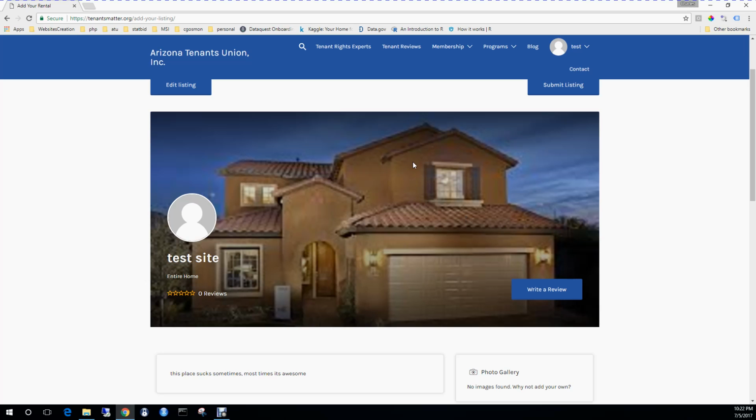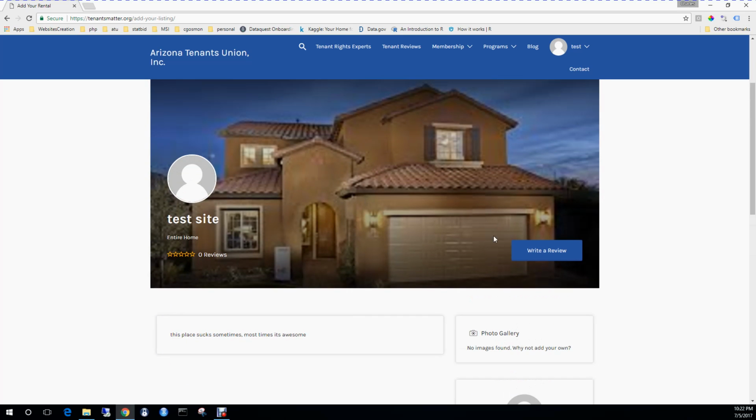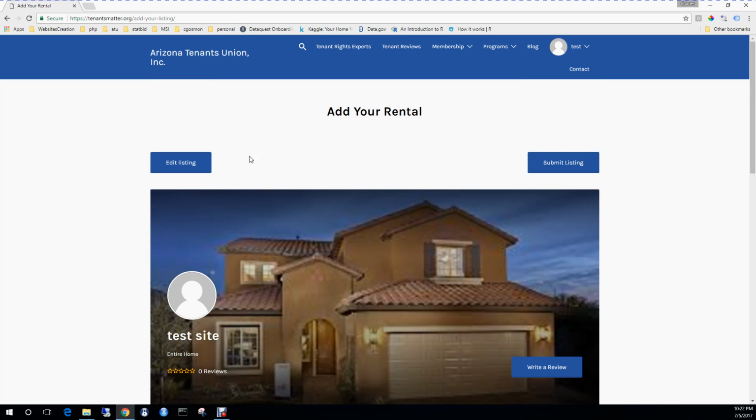This image is very pixelated. It's a small image. That's why it looks all pixelated. If you have taken the image from your cell phone, you should be okay if you upload it. But yeah, so this is what it will look like for the rest of the world to see, right? So I can submit this listing here,